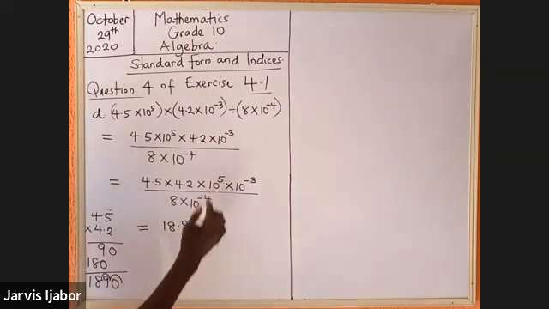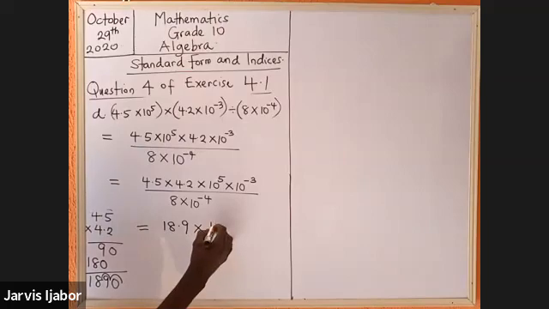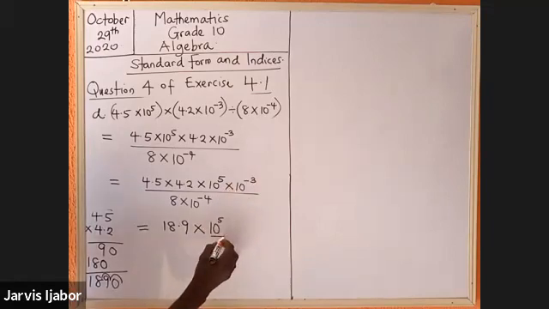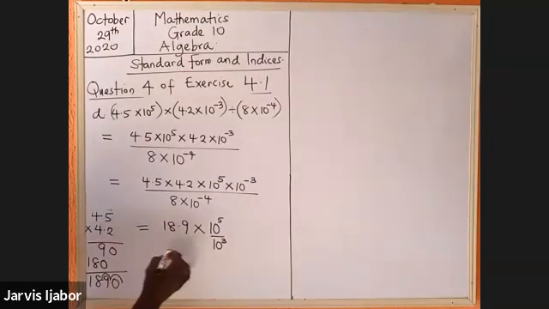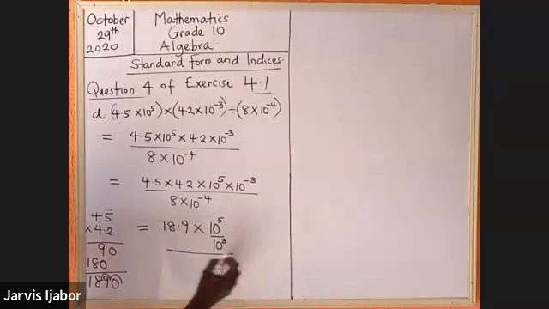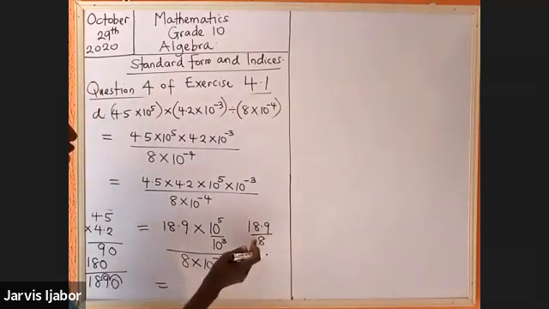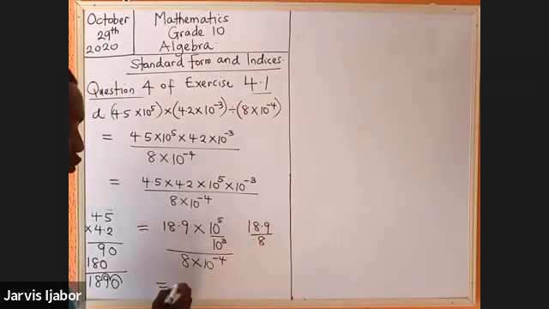Times, this means 10 raised to the power of 5. This minus means what? Divided by 10 raised to the power of what? 3, all over 8. Give me gradually. By the time we come to the 8 divided by 8, will give me what? This will give me 2